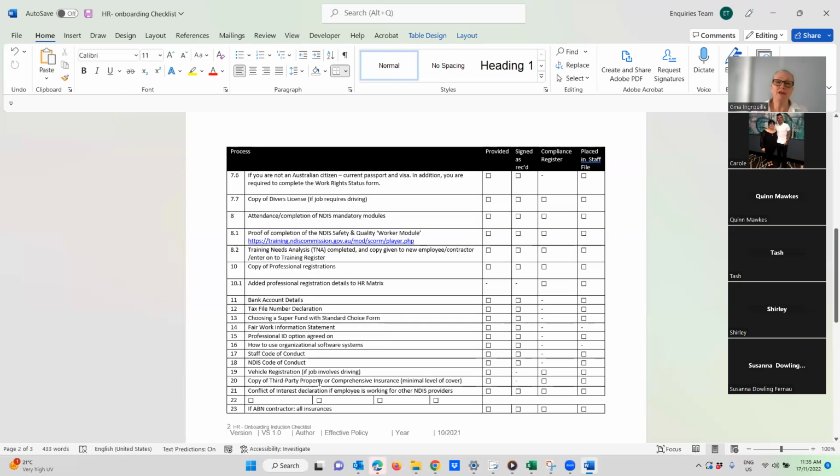Vehicle registration. Insurance for their vehicle. It's always a controversial one. Of course, there is nothing that says that everyone that drives for you has to have comprehensive insurance. It is always a requirement, no matter who I've worked for, that I prefer and say comprehensive insurance. Reason being, if the car is not worth anything more than third-party insurance, I would be really hesitant as a business owner to want anybody to get in that car.